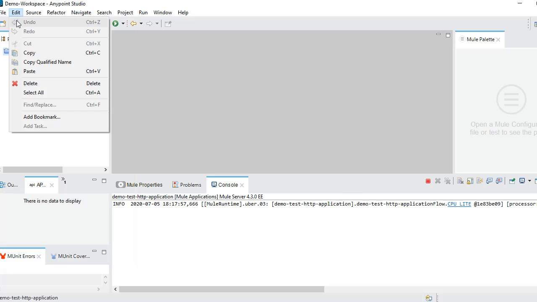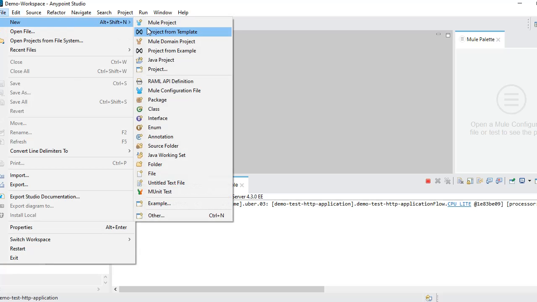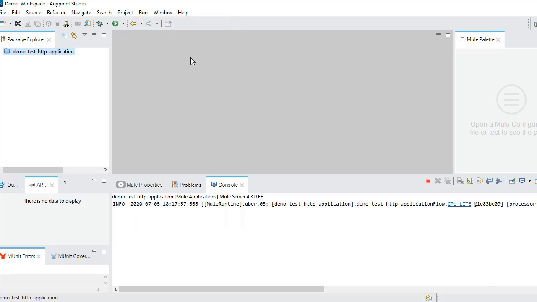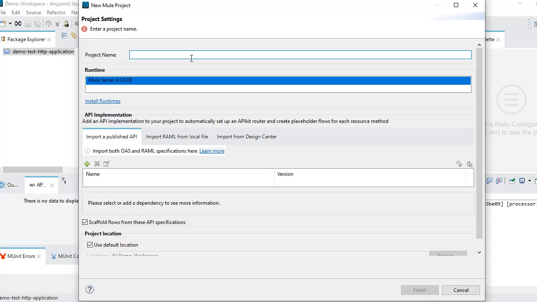To do that, you need to click on File, New Mule Project, and here give the project name. As we are going to implement the Employee API, you can name it Employee API or Employee API Demo, something like that. Runtime is 4.3.0 by default.